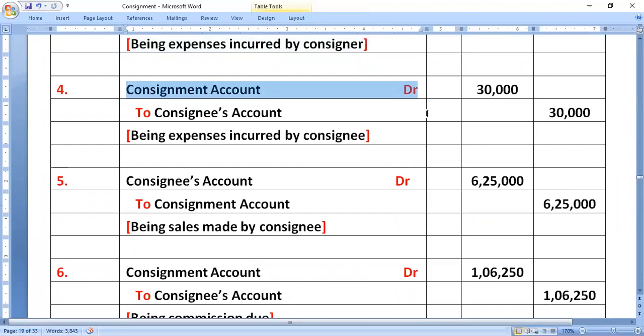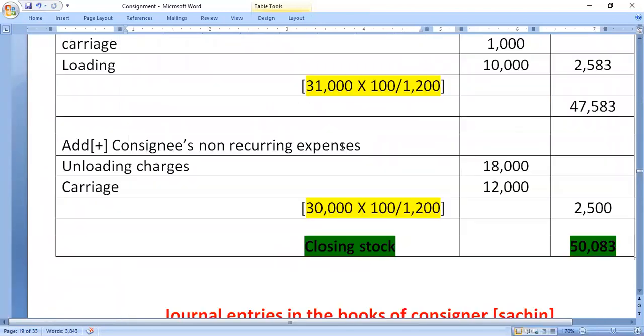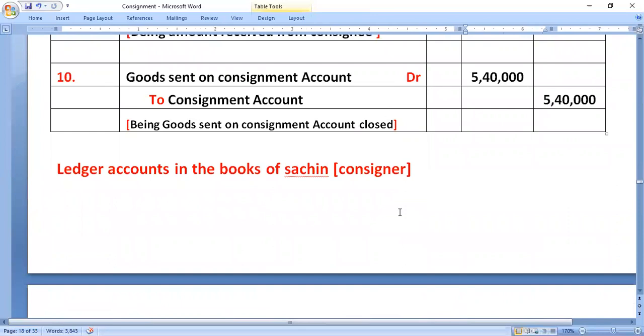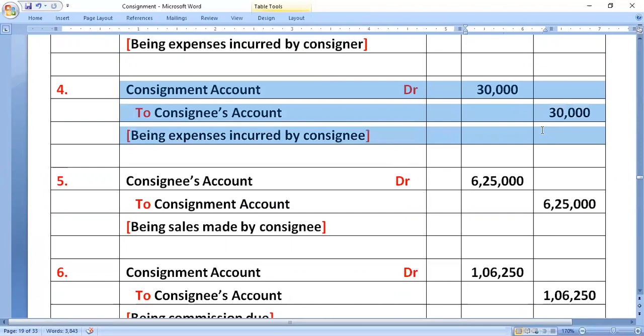Consignment Account debit to Consignee's Account, expenses incurred by consignee, my dears. Only two expenses by the consignee, that is unloading charges and one more expenditure, that is carriage, my dears. 18,000 plus 12,000 leads to 30,000. Consignment Account debit to Consignee's Account, being expenses incurred by consignee, 30,000, my dears. Next,